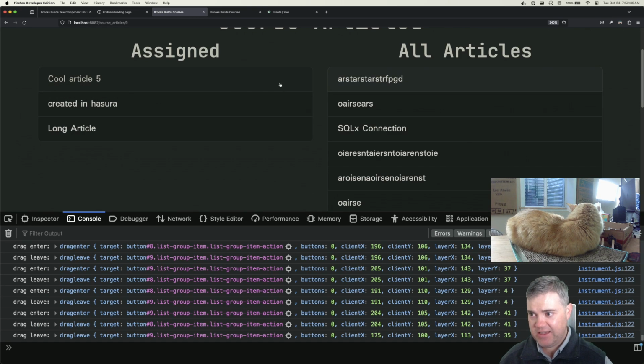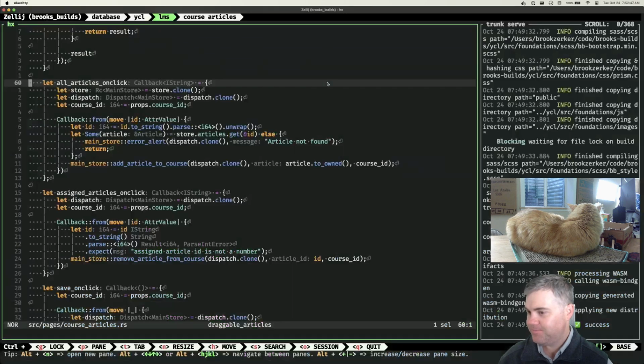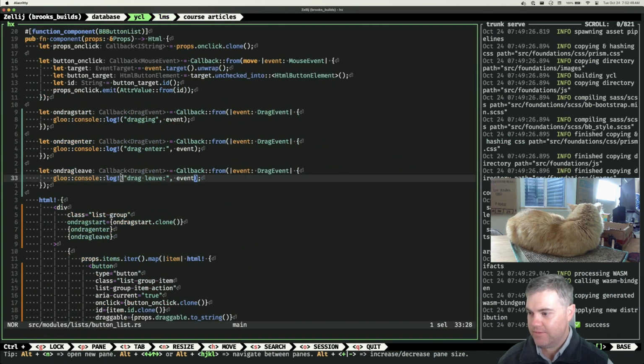If I do something like that, where do I put it? How do I know where to put it? On enter,